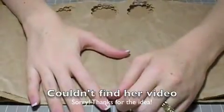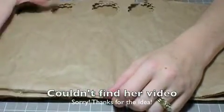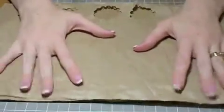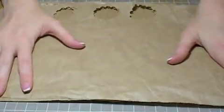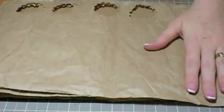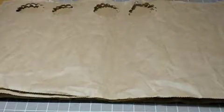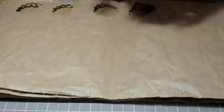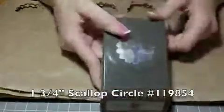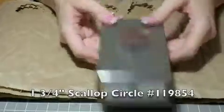I can't remember the person whom I learned this from. I believe she's another Stampin' Up demonstrator. This is the packing paper that comes with your orders from Stampin' Up, and she came up with the good idea of recycling it. It's really easy. You take your 1 3/4 Scallop Circle punch from Stampin' Up,